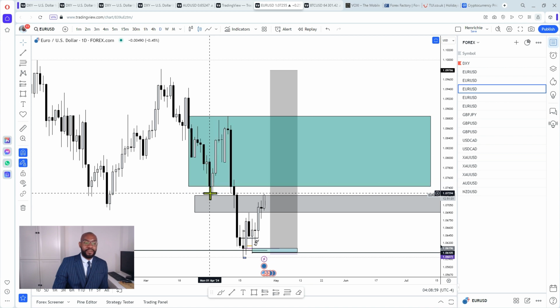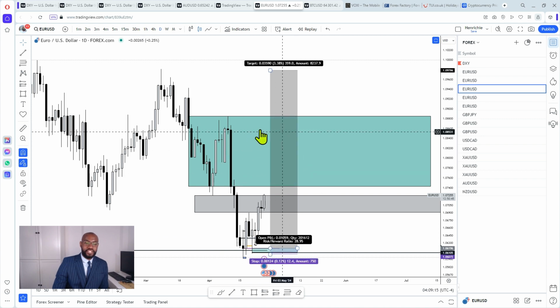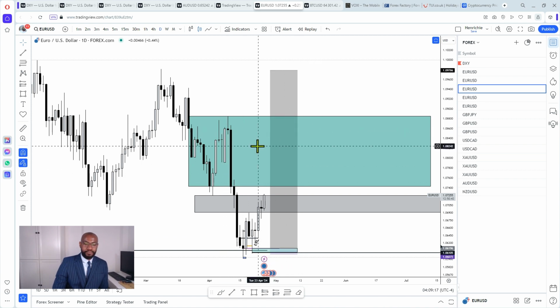But during the FOMC, one thing to put into perspective is the fact that you need to be looking for liquidity, not inefficiency. A high, a low, a run on liquidity. That is what you need to be looking for. So in this case, when we come into this position by next week, and then the FOMC is on Friday,